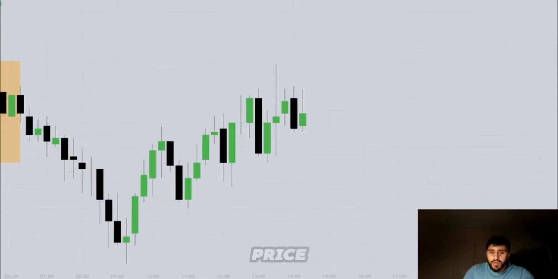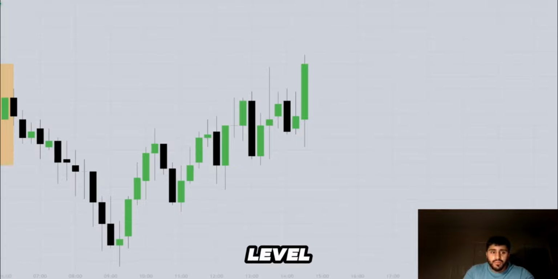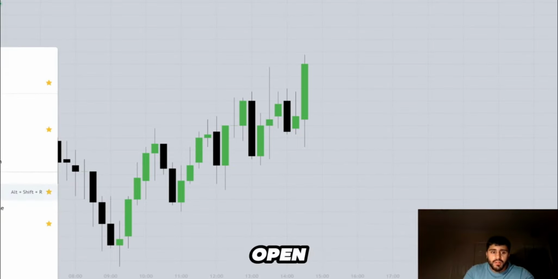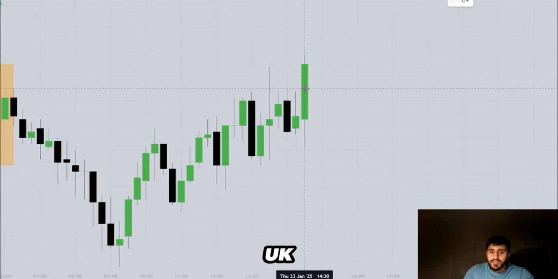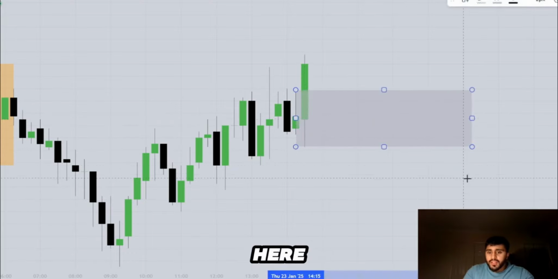If I continue to play price on and see what we had in New York session, New York session gave us this level. So this is my key level. Market open 9:30 Eastern, or 2:30 p.m. UK time. This was essentially my level, right? So we had a level over here. So this is basically